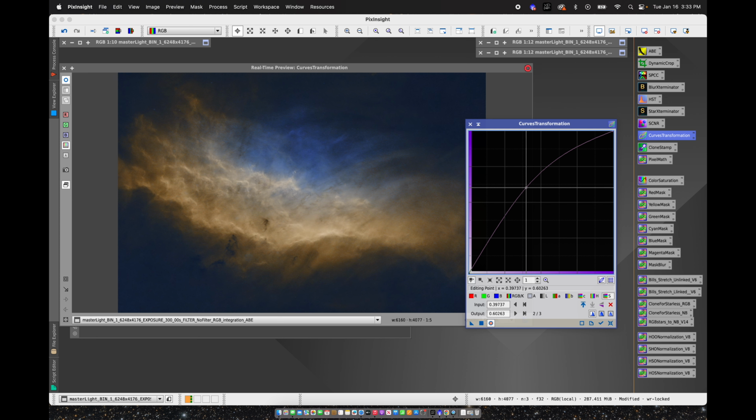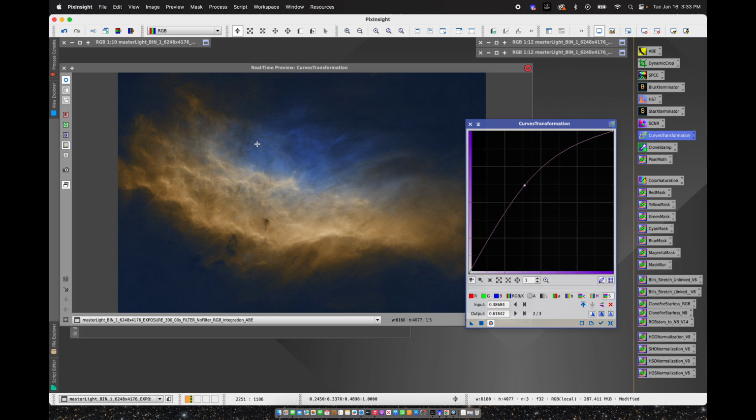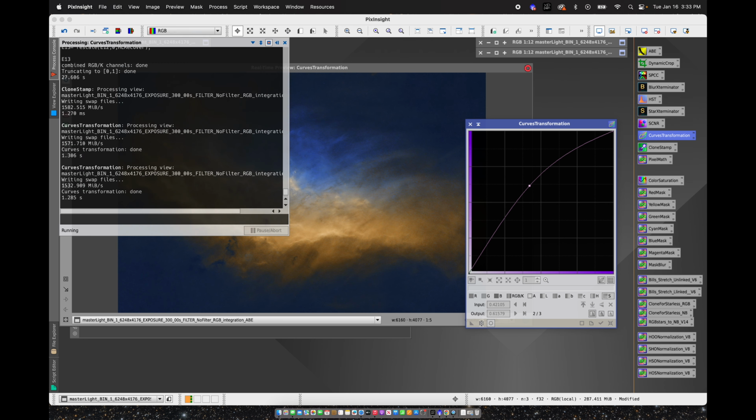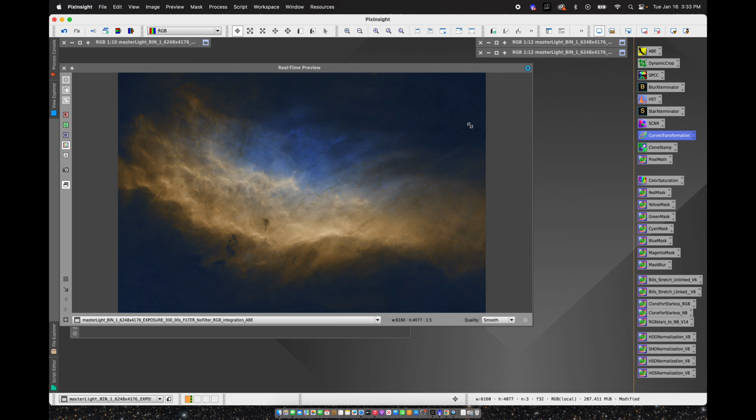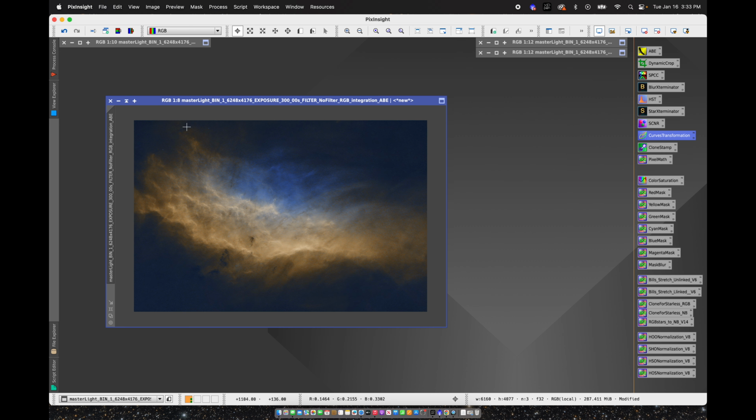I'm liking about right there for now. We'll hit the square button to bring it over to the image. We're going to reset the process by selecting this button. I'm going to bump it up just a little bit more, to bring a little bit more color back into it, but again, not too much. Now that's really brought up the saturation quite a bit,